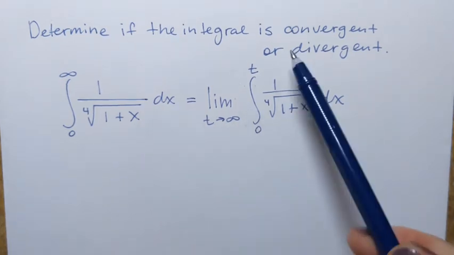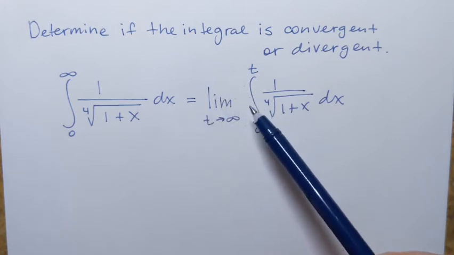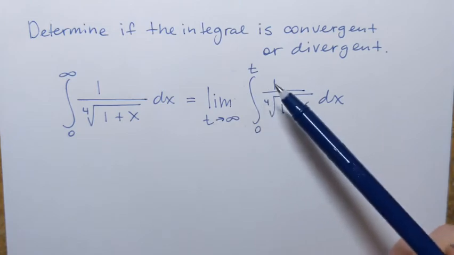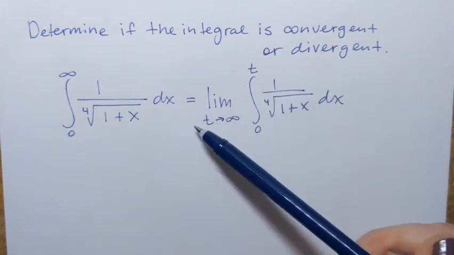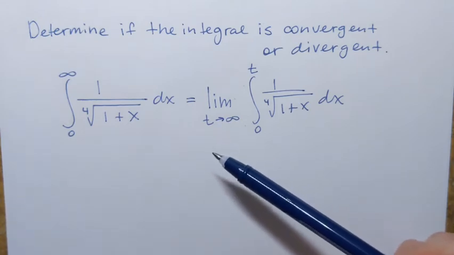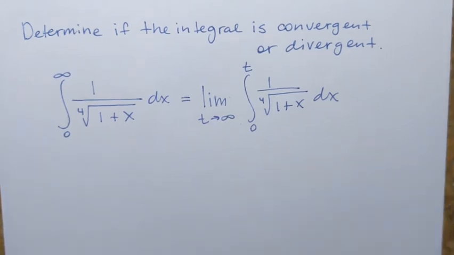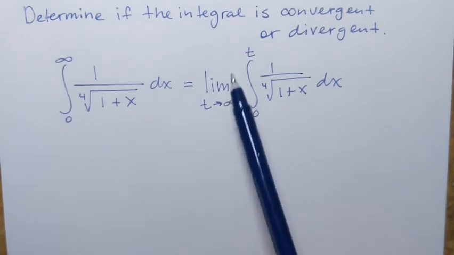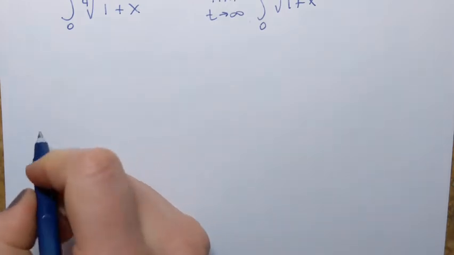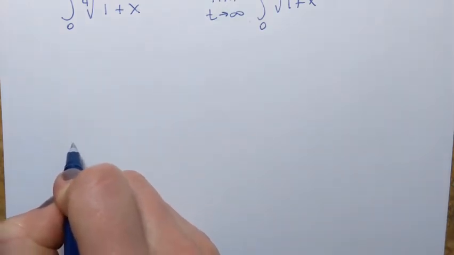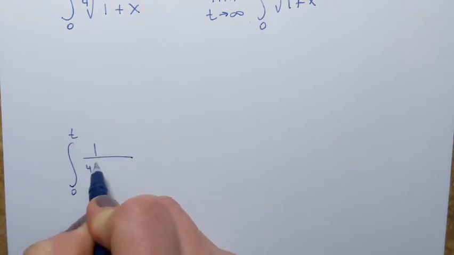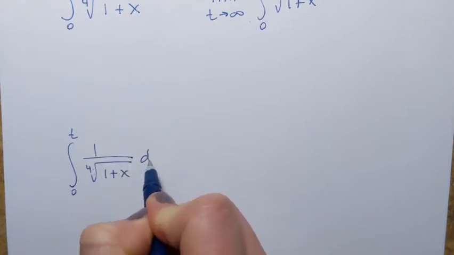This integral is going to be convergent if this limit exists and it equals a finite number. Now this integral will be divergent if this limit does not exist or it equals infinity. So we'll see. As I said, the first step is going to be to evaluate this integral. I'm going to do it down here, kind of on the side. So integral from 0 to t, 1 over the 4th root of 1 plus x dx